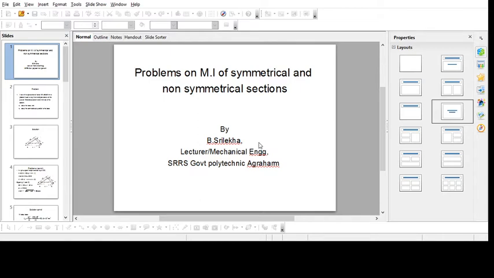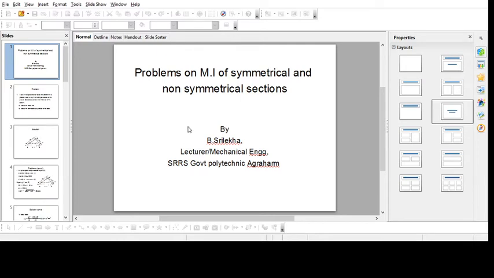So this is what we have done. We have already found the y terms. Let y be the position of the centroid from the base. Whatever I have explained is what is given. So the first section is 120 into 20, which means 2400 is its area. And its y term is simply 20 by 2, so y1 is 20 by 2, which means 10.